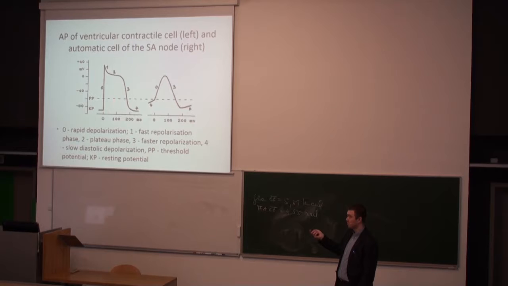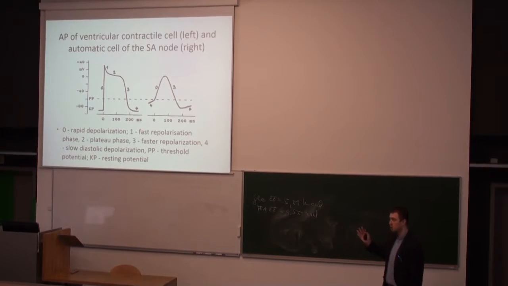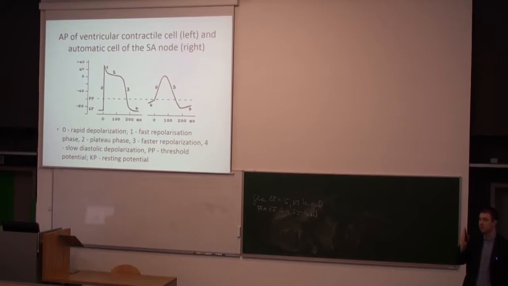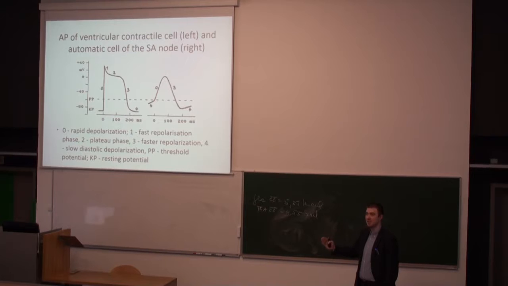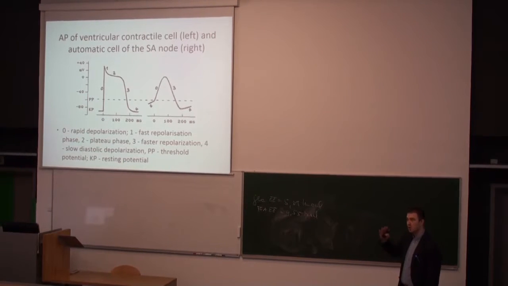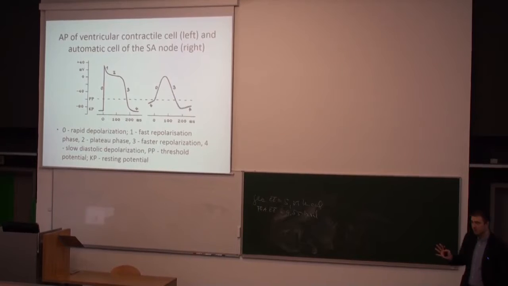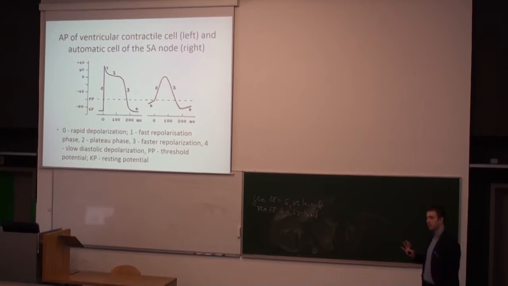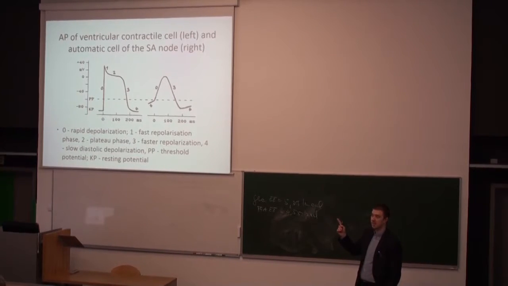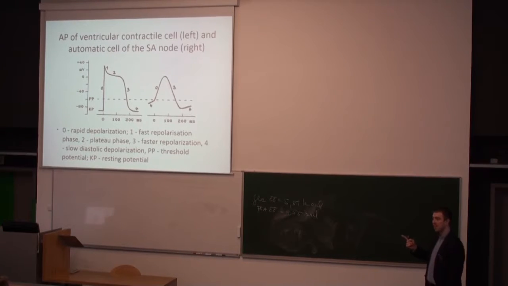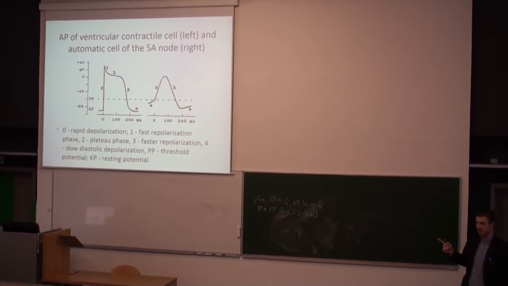The second curve that you should be able to draw, as the minimal level of knowledge, is the curve of the contractile cells. If you look into your books, you will see that you have there the type of curve for the sinoatrial node, for the AV node, for the Purkinje cells and other things, yes? You can see that some are similar, some are slightly different, but the minimal thing you should be able to draw is the sinoatrial node cell and the normal contractile cell, since the normal contractile cell also has some specific characteristics.